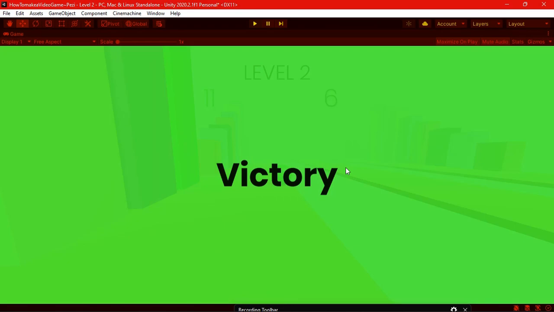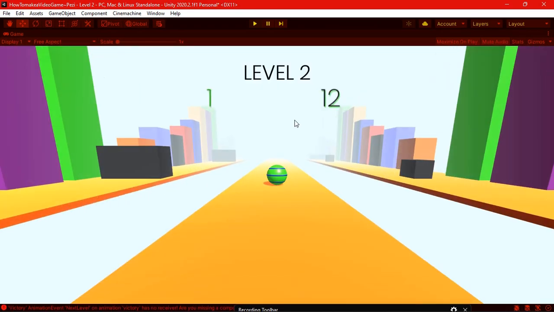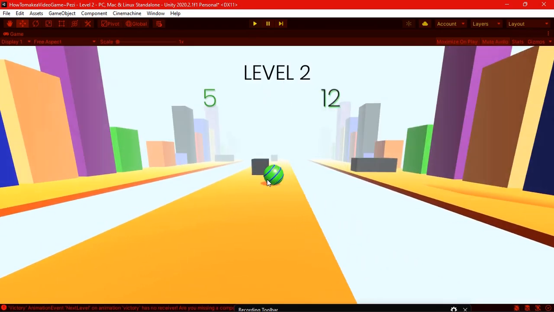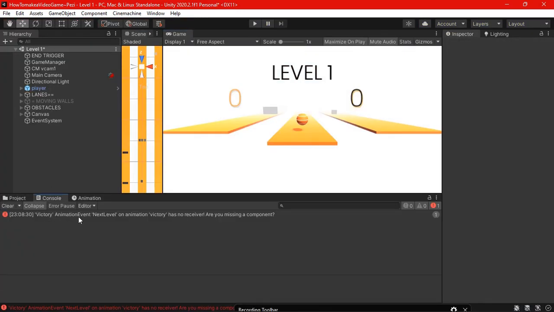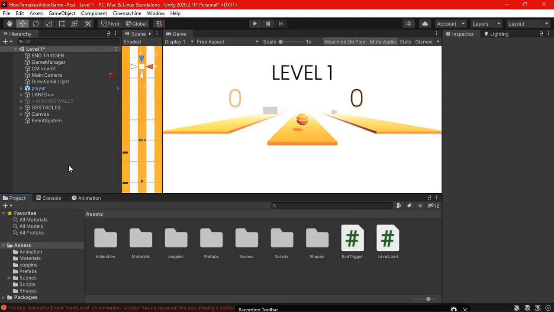It's obviously the same thing. Green for the player that was green. Okay, now something just happened. It's saying next level animation event has no receiver. It has no receiver. Why? Because we have not set that